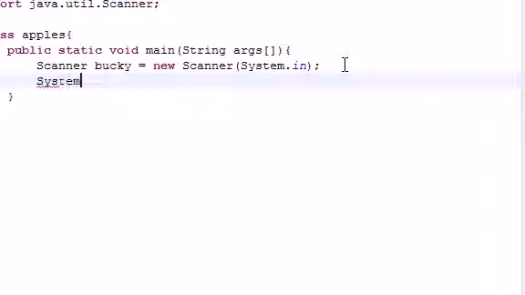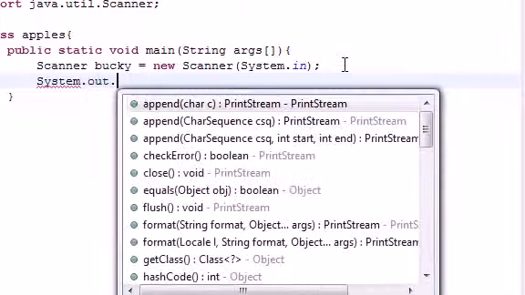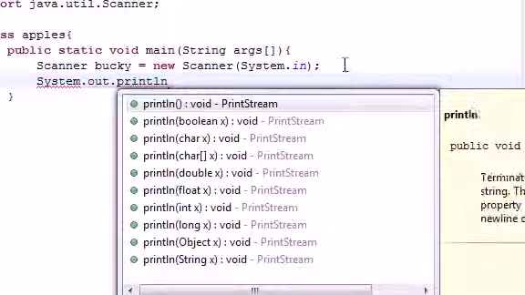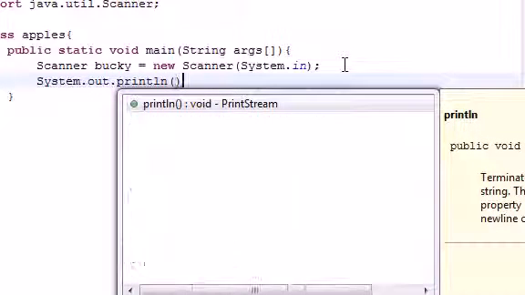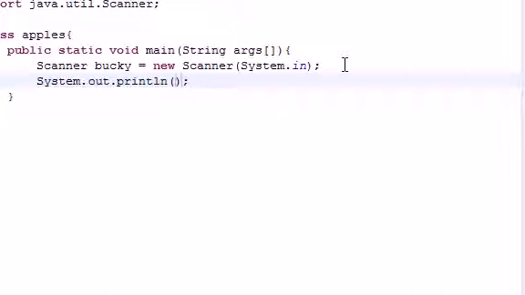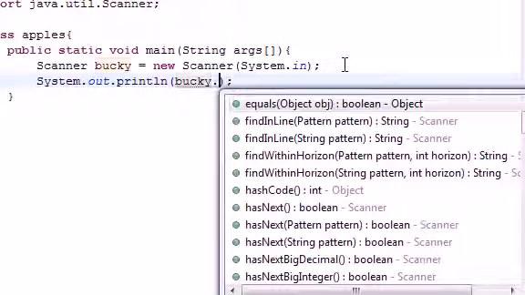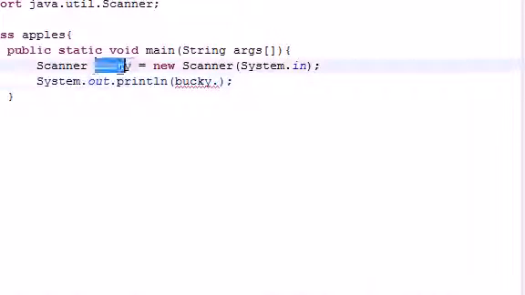You remember from the last tutorial how to do that: System.out.println, and in your parentheses, pay attention, the first thing you need to type is the name of your variable, and that's going to be whatever you made up here. Again, this is Bucky, you don't have to write Bucky, of course, you can write anything you want. Now type Bucky period nextLine,